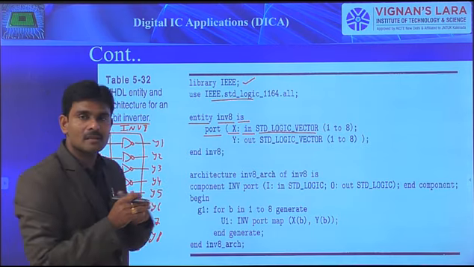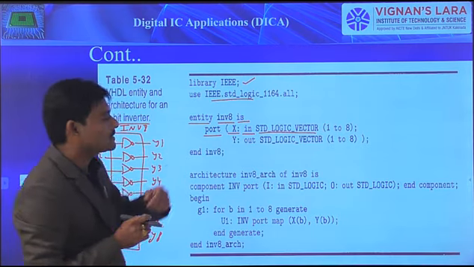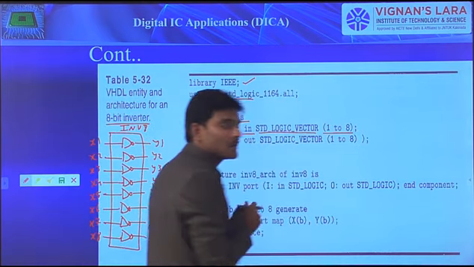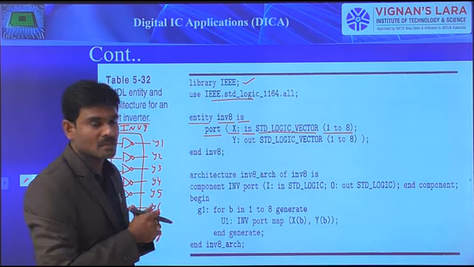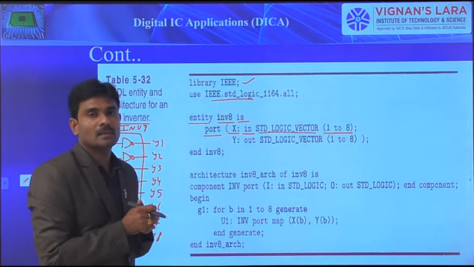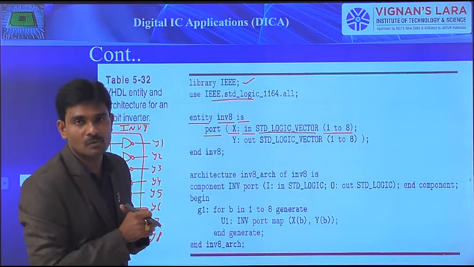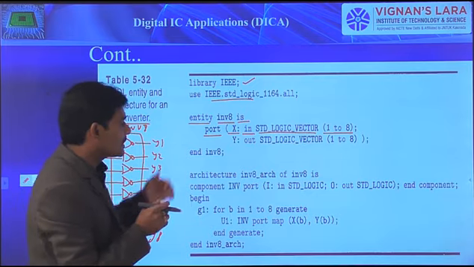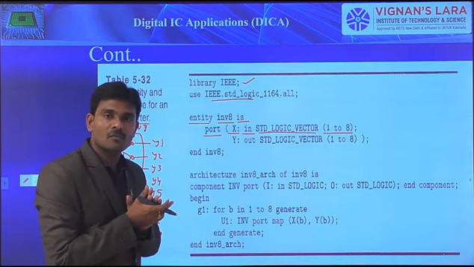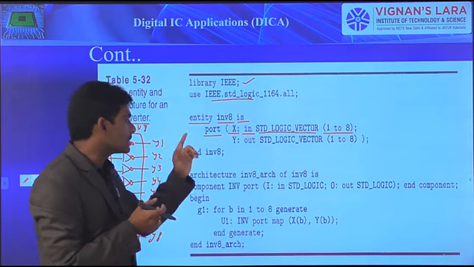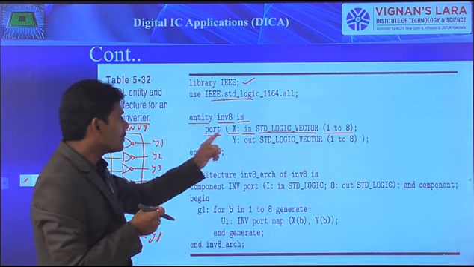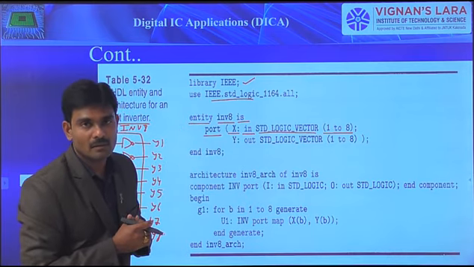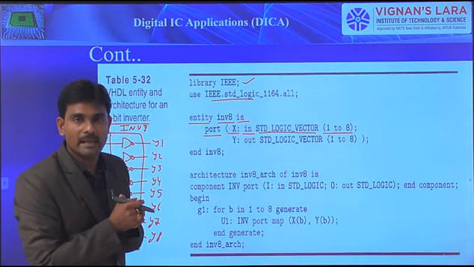Because we are generating the array, the type is std_logic_vector, and we are supposed to mention that particular array size range, which is 1 to 8. In another way, 8 down to 1 also you can write. Anyway, in this particular case they considered 1 to 8 in ascending order. While reading this, we read from the left, so x of 1 is the first component, and x of 2, x of 3 and so on up to x of 8. These are all the components of that particular array.